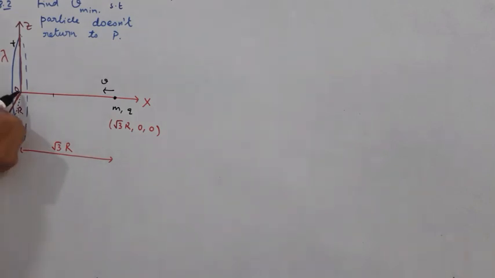Because if it happens to cross this ring and reach, suppose, this point, then it reaches the other side of the ring. Now the force of repulsion will be in the opposite direction, and that's why the charge will continue its motion forever to infinity in that direction. It can never in that case come back to this point. So it is this which we have to find.